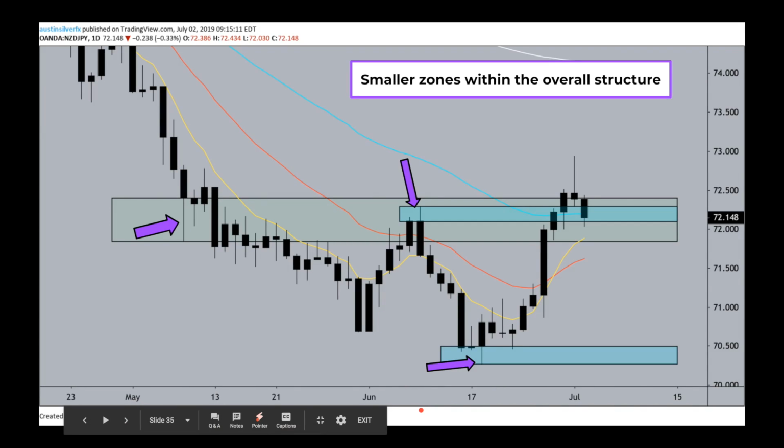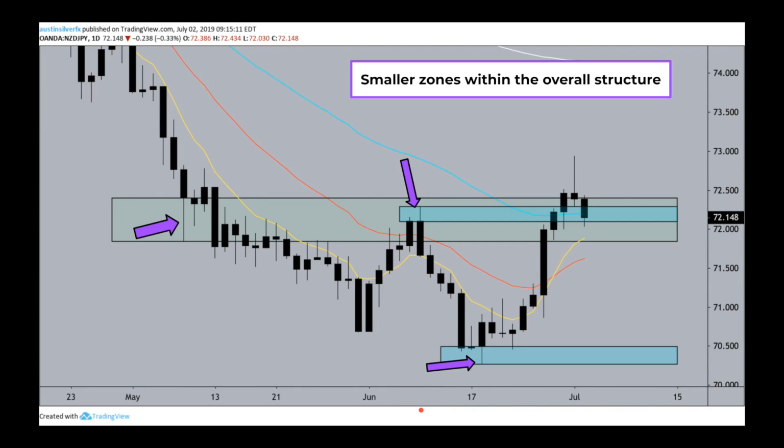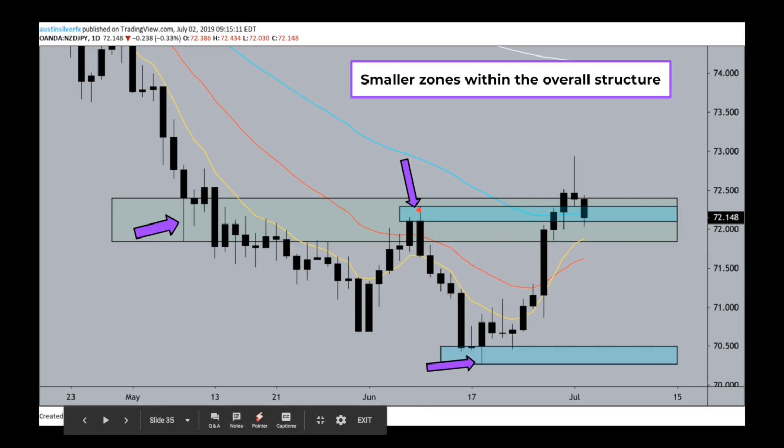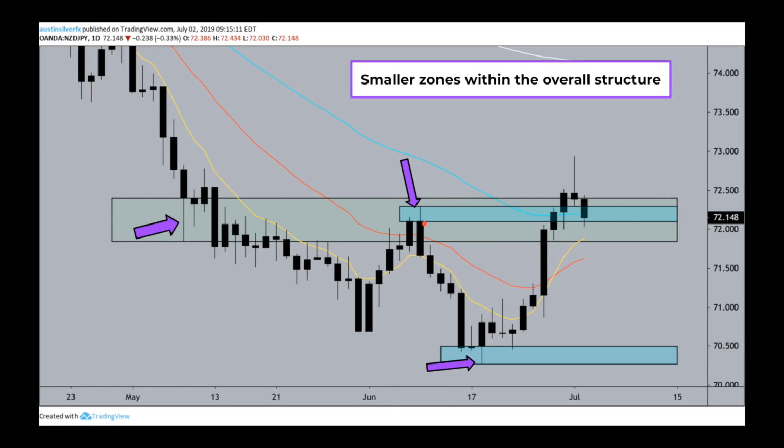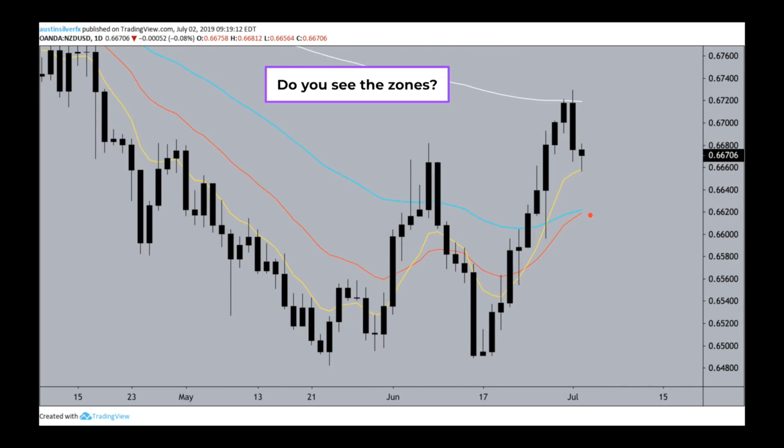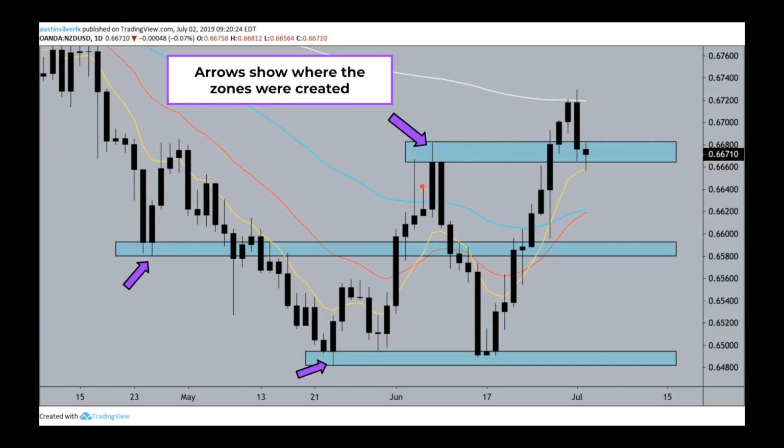Keep that in mind. Now within these daily time frame zones, you can actually find smaller zones that are not as large as far as their size, but within the zones, you can see more strong areas of support and resistance. Now, test yourself. Can you see the support and resistance here in this example? I'll show you. You can see here the 2 candles to the left and right are not as high as that wick, so that would be a zone. Here, the same thing. This candle and this candle are not lower than this wick, so neither are these two on the right, which makes this a zone.